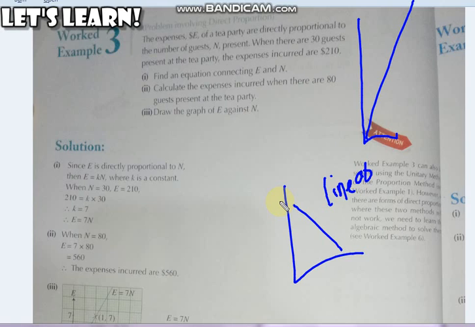Okay? But if you see a graph which is having curves, such graphs are known as quadratic graph. So just be very clear with the graph names so that you know which graphs are known as what. This will help you out in the further chapters. Any curved graph is known as a quadratic graph. We'll look at what a quadratic graph is later in the coming chapters. But any graph which goes straight up or comes straight down is known as a linear graph. Alright? So you have to be very clear about this concept.